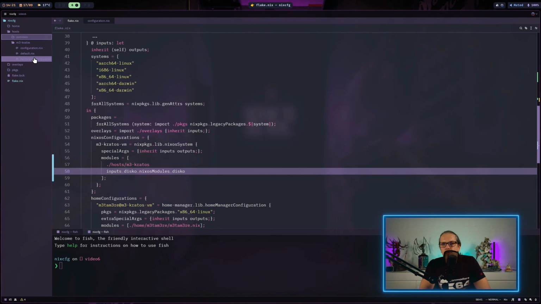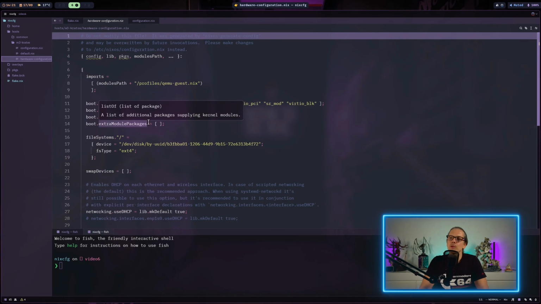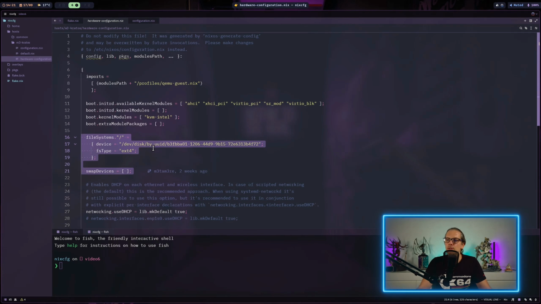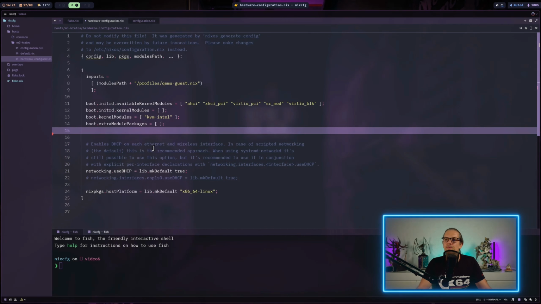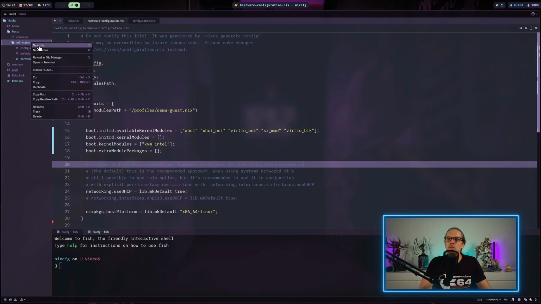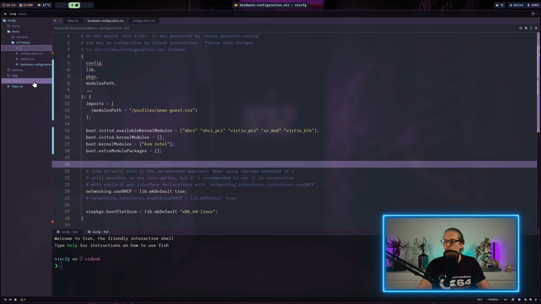And the hardware-configuration.nix was the result of the hardware scan, and the NixOS installer also detected the file systems. So when we open the hardware-configuration.nix, we can just get rid of the file system definitions and the swap device definitions here, because, as I said, that will be handled by Disko. And now I will create a new file in our host folder. I will just name this one disko-